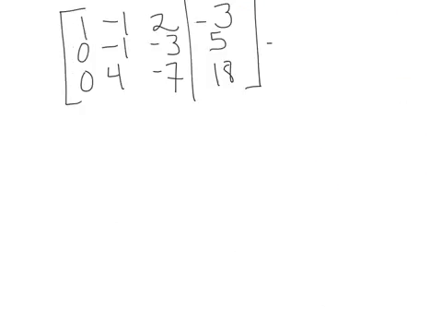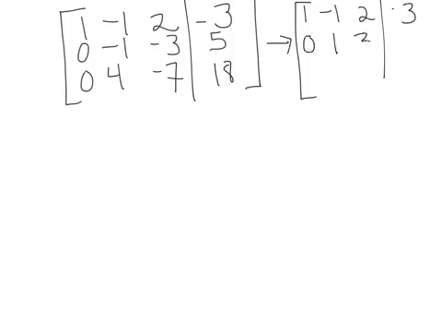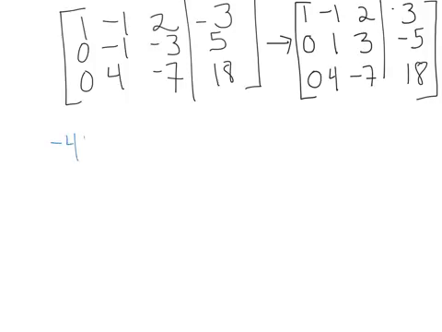First thing that I'm going to do though is just multiply everything in row 2 by negative 1. So we're going to end up with 1, negative 1, 2. This one hasn't changed. But now I've got 0, positive 1, positive 3, negative 5, 0, 4, negative 7, and 18. So next thing we're going to do is multiply row 2 by negative 4 and add it to row